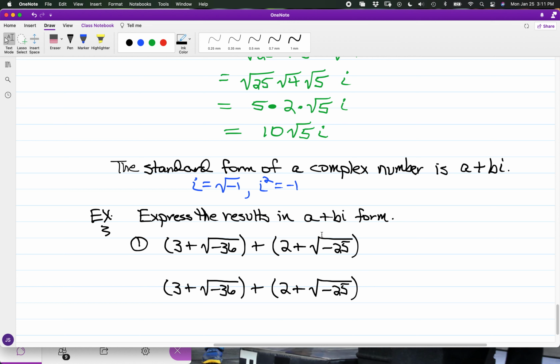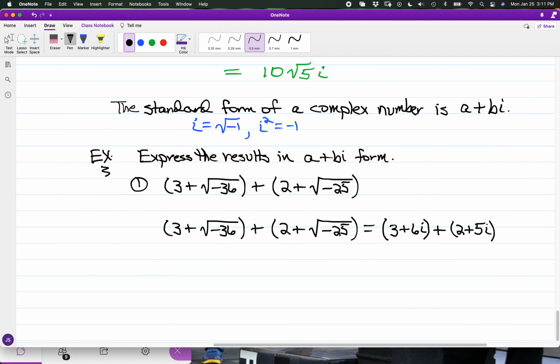Okay, so just taking what we have now for 3 plus the square root of negative 36. Now, the square root of 36 is going to be 6. Now, for negative 36, that is going to be 6i. So 3 plus 6i. We have plus the quantity, so we got 2 plus the square root of negative 25. Okay, that's going to be 5i. And once I take out the parentheses, so I'm going to have 3 plus 6i